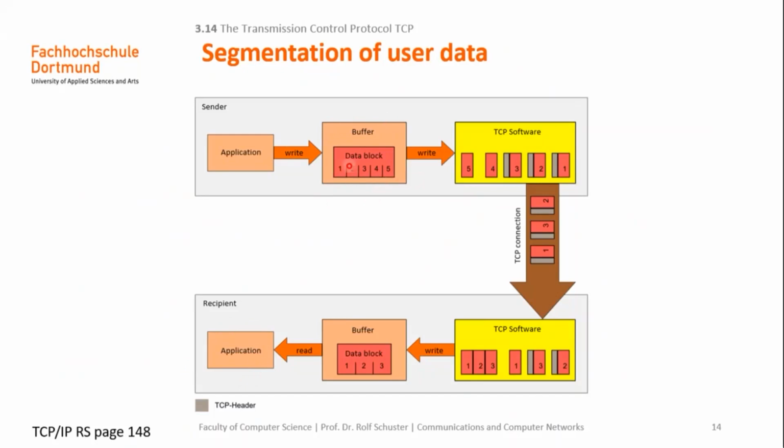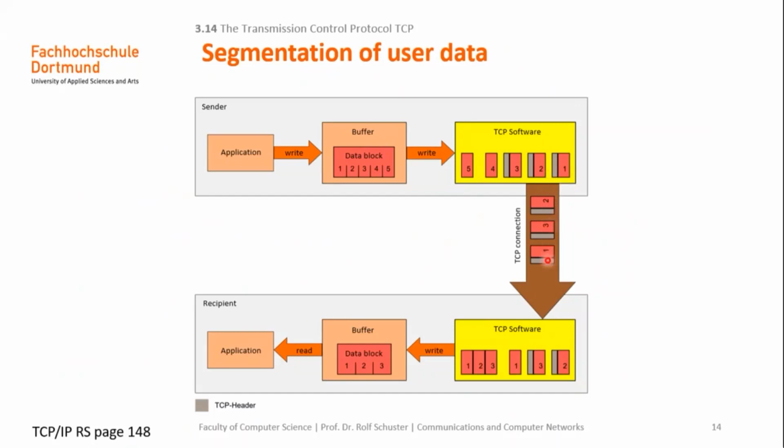The data is saved in those buffers. In fact, those buffers are FIFO queues. Then that data is divided into different segments, and each segment is encapsulated in an IP datagram, and that IP datagram is